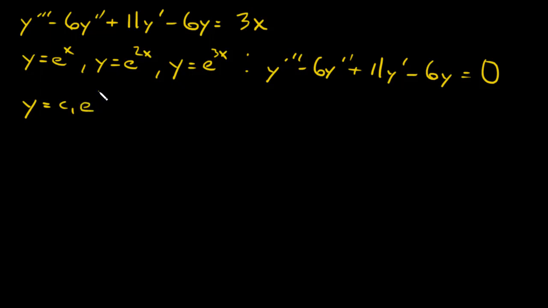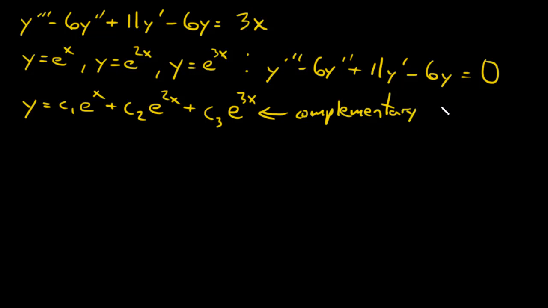C1 e to the x plus C2 e to the 2x plus C3 e to the 3x, right? This is the complementary solution, which I am going to denote as y sub c. Okay? Now, if I tell you that y sub p, the particular solution of this non-homogeneous equation,